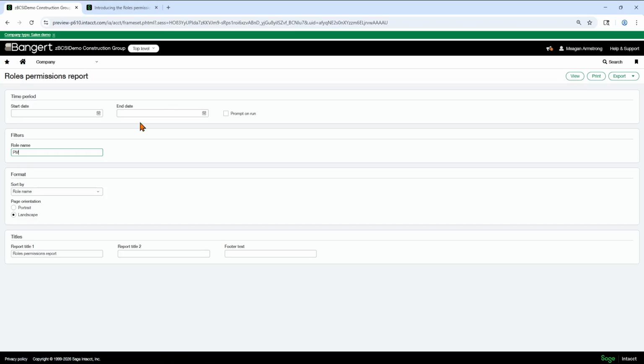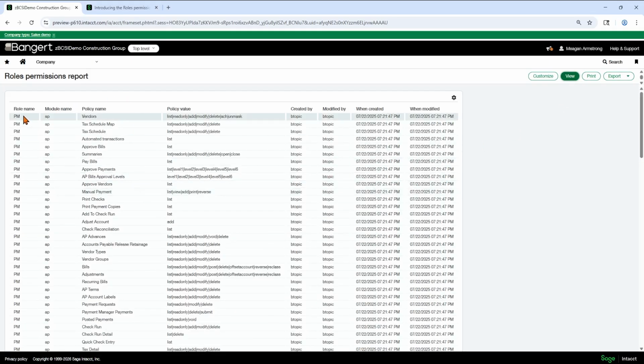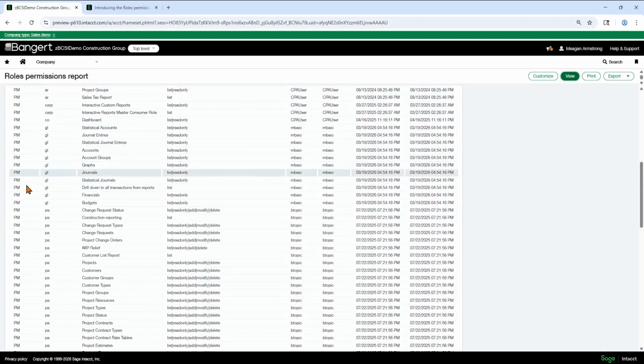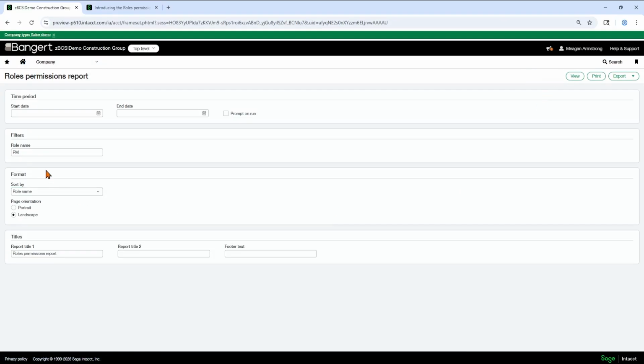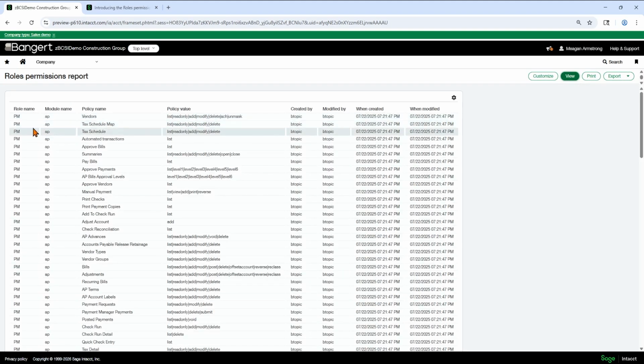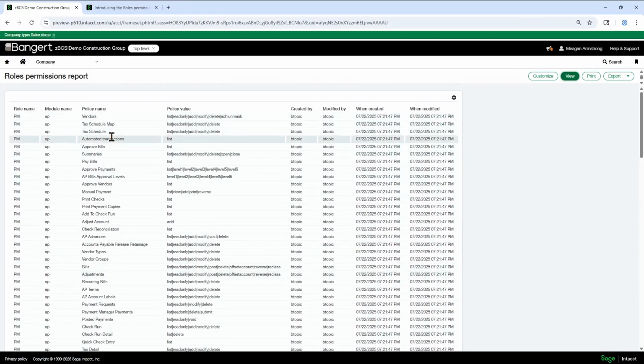So let's run this with no dates for the PM role here. We'll hit view. And you can see it'll be listed by the role name. If we go back to customize, role name or when created. So if we leave it at role name, it's going to be role name, then by the module, and then everything else.